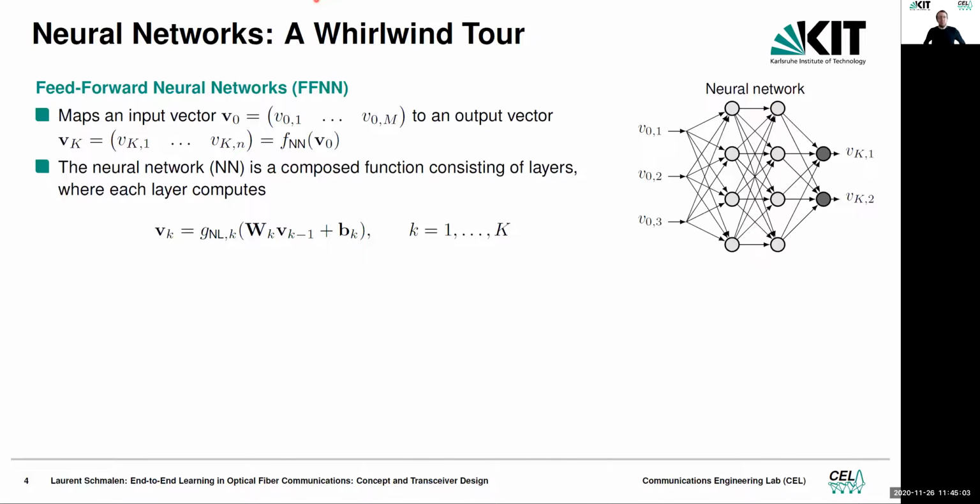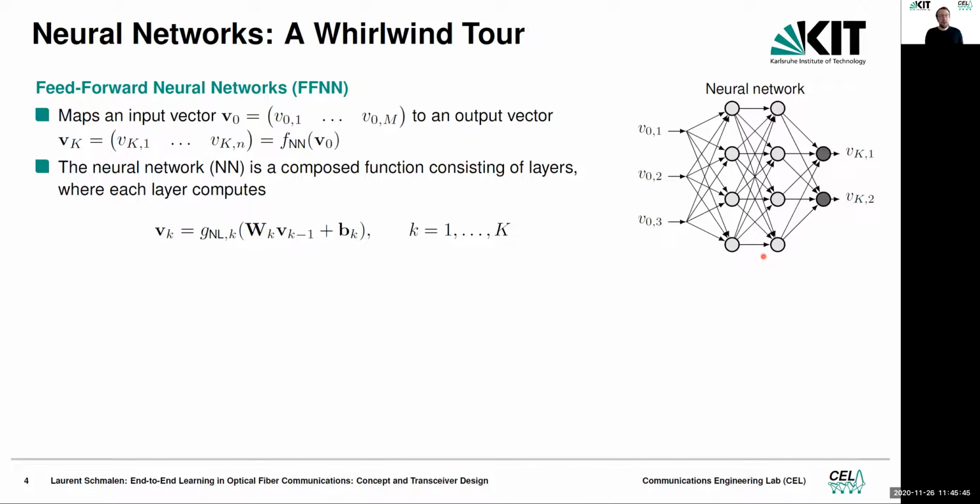So what is a neural network? We're talking about neural networks here, and I'll just give a whirlwind tour of neural networks. We're looking at something called feed-forward neural networks, and a feed-forward neural network is actually a very simple device. It's a device that takes a vector of dimension m at the input and maps it to a vector of dimension n at the output. And it does this by using a layered function or an iterated function. Each of those layers that you can see in this neural network representation corresponds to one simple function. And you just keep on repeating those functions on the input, then on the output of the first function, second function, and so on until you reach the output.